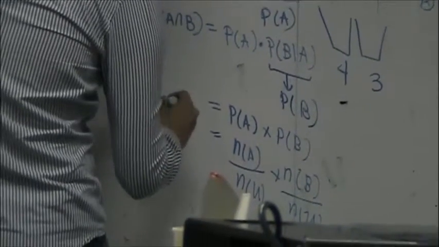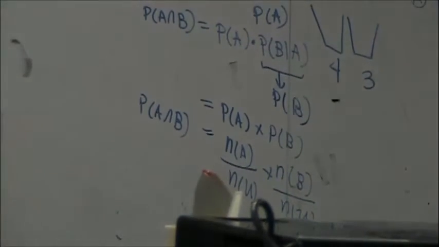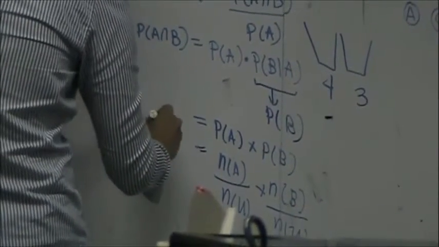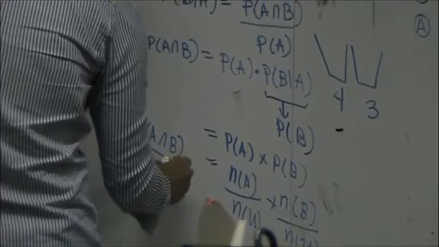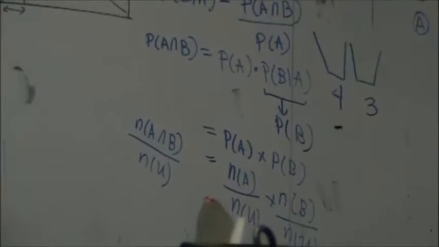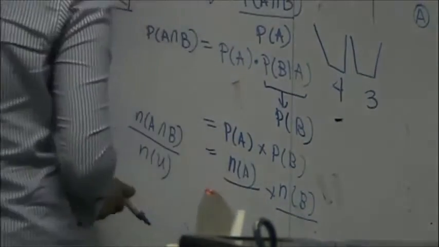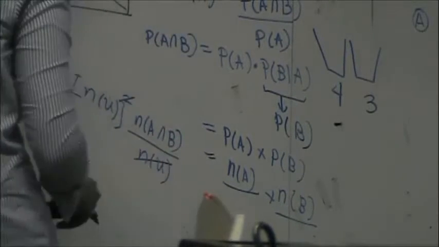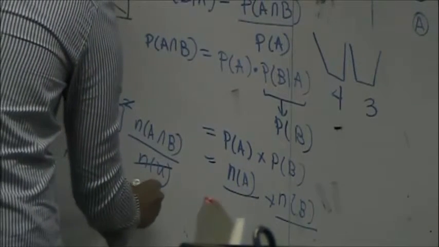And then we have this, number of events in the intersection over N of the sample space. So if I multiply this by N squared and move it to the other side, and that cancels out, and we have N of A intersection B